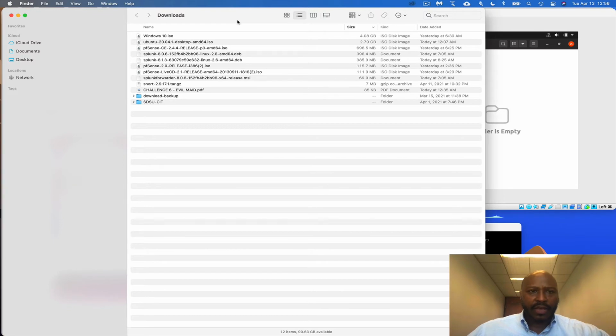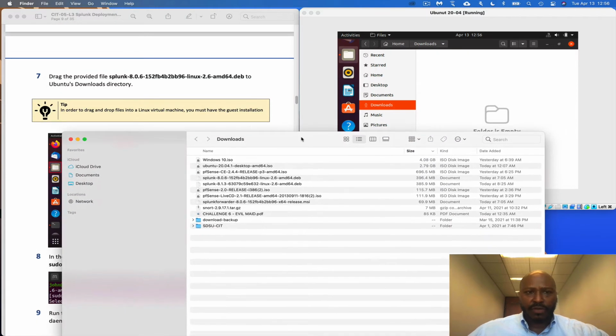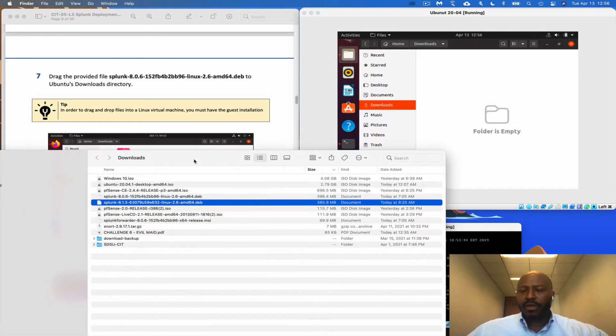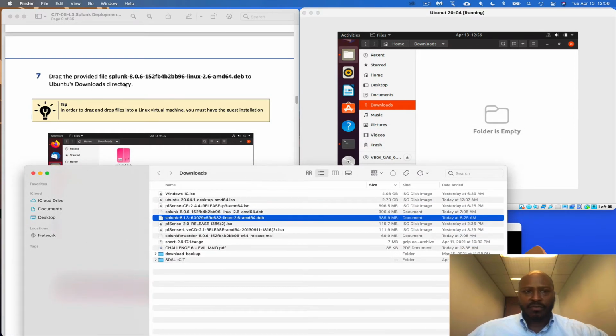So now I have Splunk. I have a couple of flavors of Splunk. It says go ahead with the 8.06, but I went with the latest version, 8.13, same concept as anything else. So rather than this file, I'm going with this one, and I'm going to drag and drop